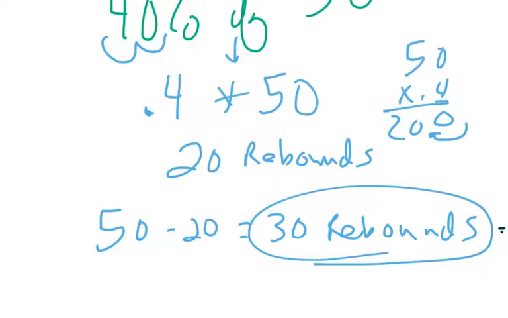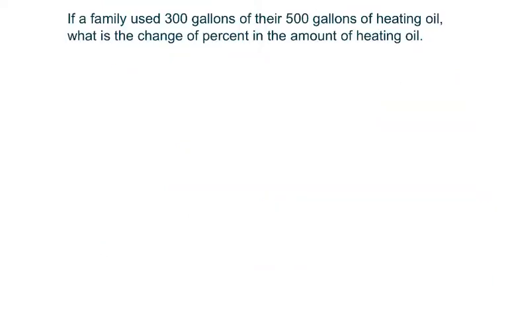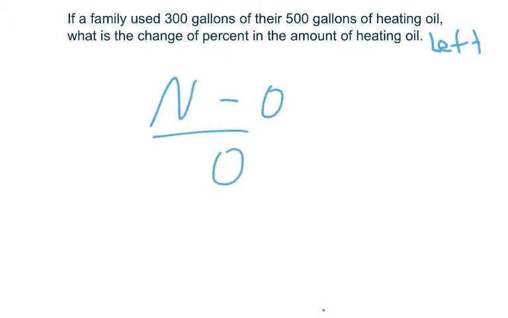Next up, if a family used 300 gallons of their 500 gallons of heating oil, what is the change in percent of the amount of heating oil left? Well, this goes back to the formula. Do you remember what it is? No. So the new amount is the 300. The original amount is the 500. And so we'll color code it here for us. And so what we're going to do is 300 minus